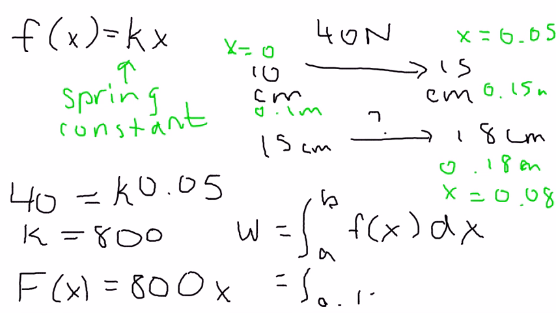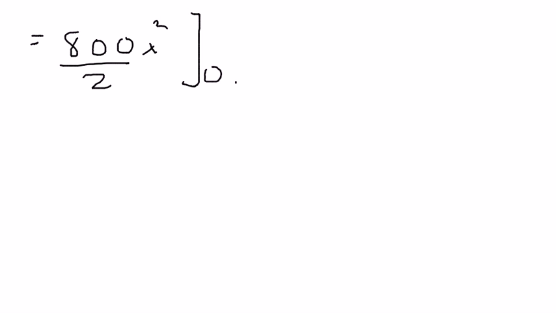the integral from 0.05 to 0.08 of 800x dx. And that was equal to 800x squared over 2, from 0.05 to 0.08,